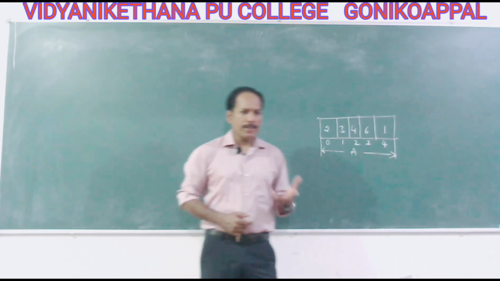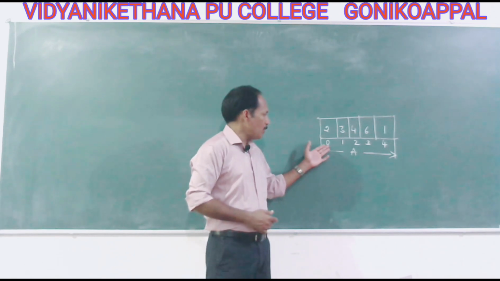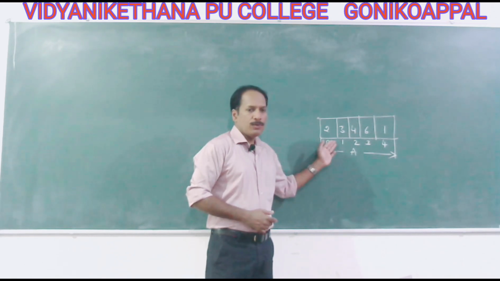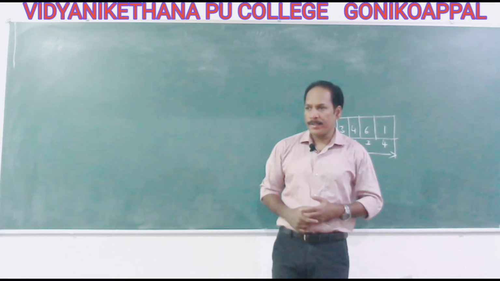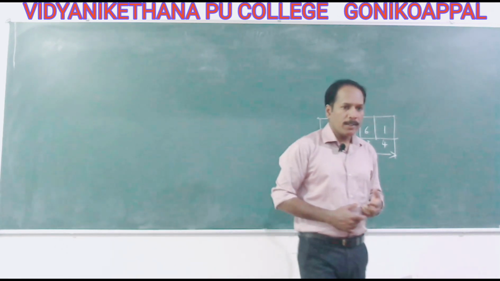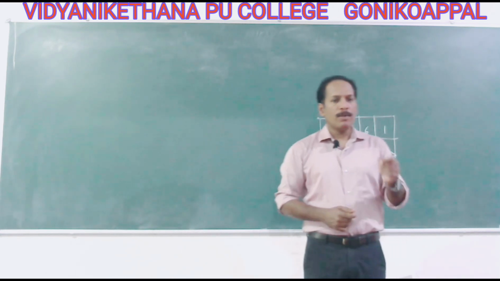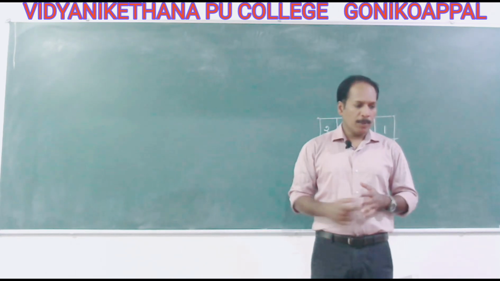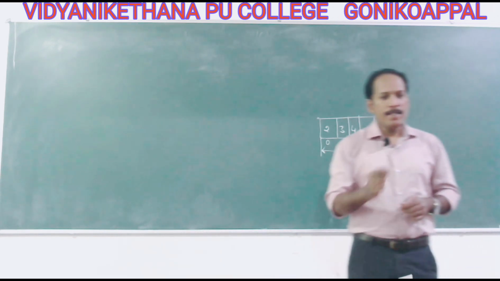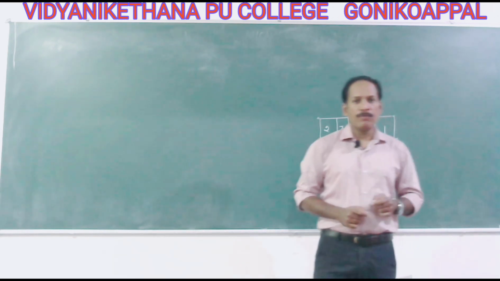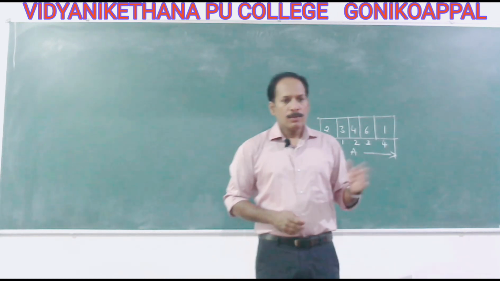So let us write an algorithm. Already we have understood, very simple. Start from 0 till 4, that is 0, 1, 2, 3, 4. That's what we have to write in the algorithm for traversing. Traversing means start from the lower bound till the upper bound. Traversing is a process of visiting each element exactly once to perform the operation required by the user. So we do this operation.